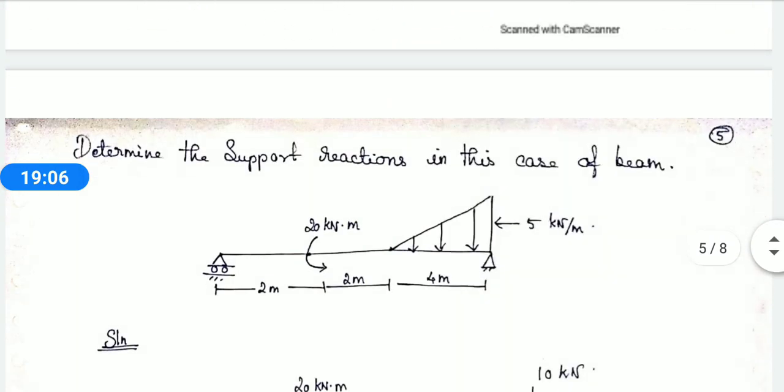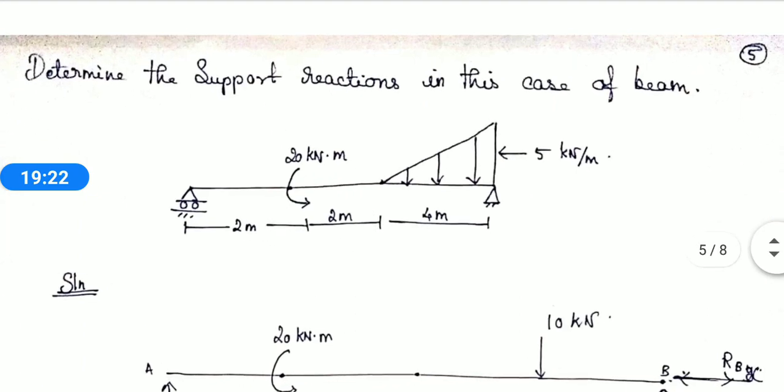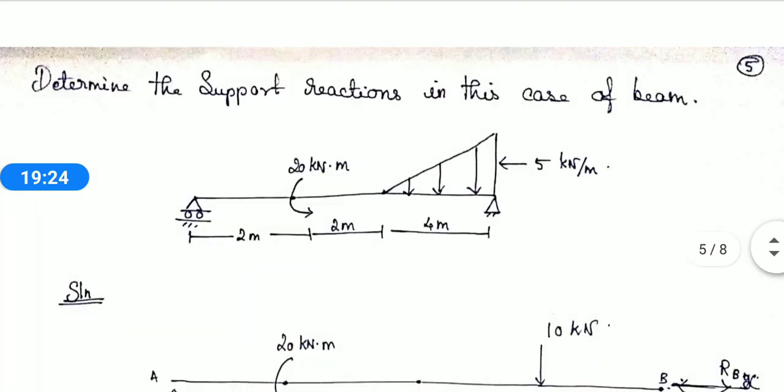Let me move to another example for you using a varying load. See, in this question they had given the same as your previous sums. You have to use only the three conditions and you are going to find the reactions or your moment or your distance. In this question they had asked us to find the support reaction.